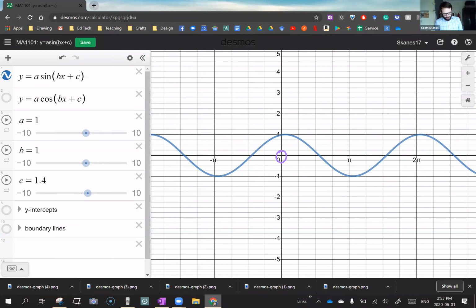that point, that y-intercept won't be there anymore. Look at where it crosses the y-axis. It's now been shifted. It's over. It's moved. So there is a displacement. It's been pushed to the left. So there's a negative displacement. And we just need to find what that number is. So in our question,